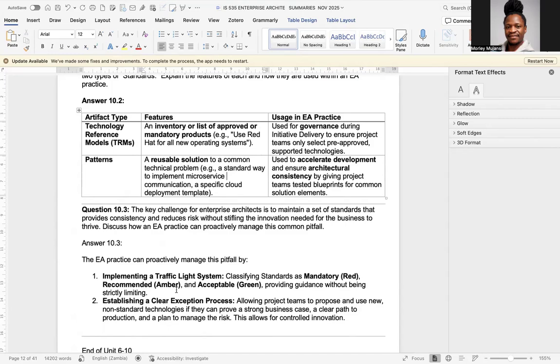Yes, okay, that's a wrap. That was really a deep dive. We've covered processes that drive EA, the initiatives that make it concrete, and the foundational artifacts that govern it all. So if you can master Unit 6 to Unit 10, then you'll be able to get to a point where you understand how to successfully transform an